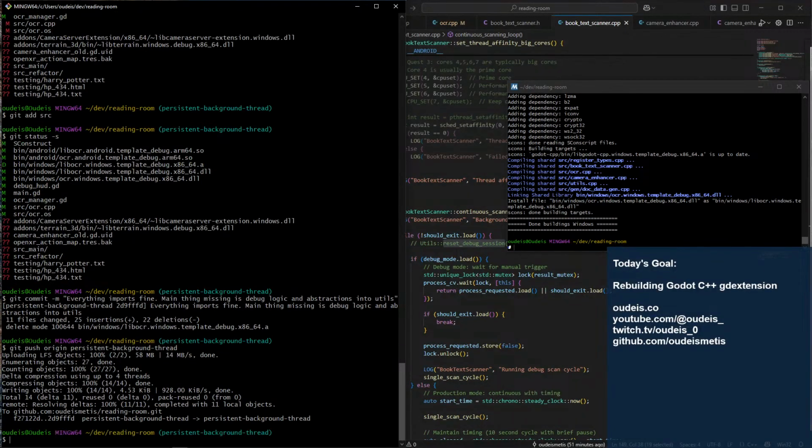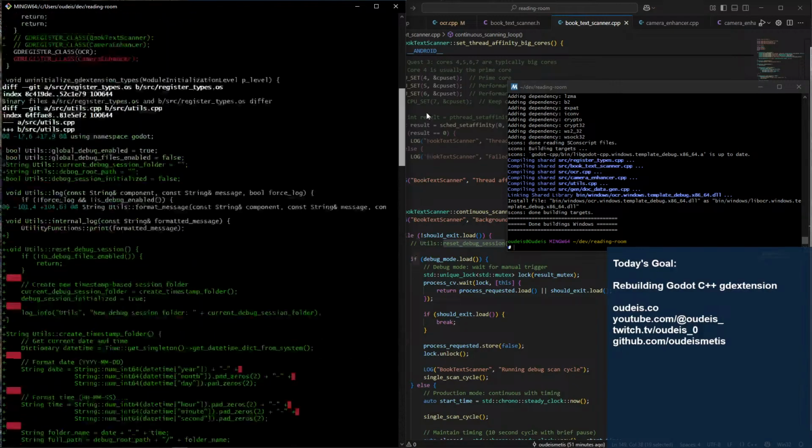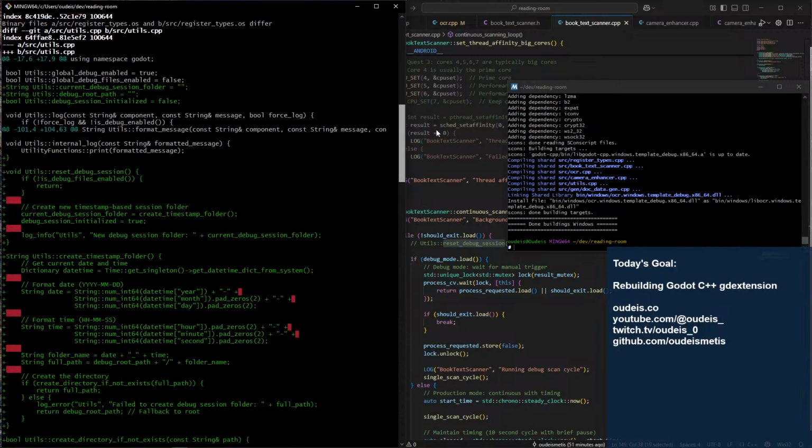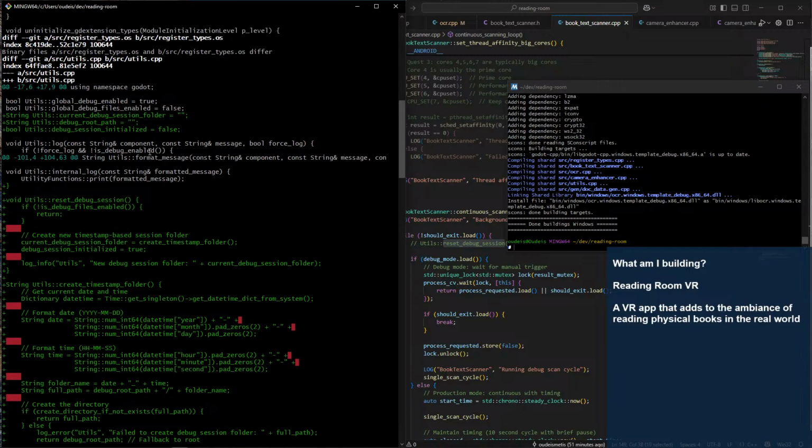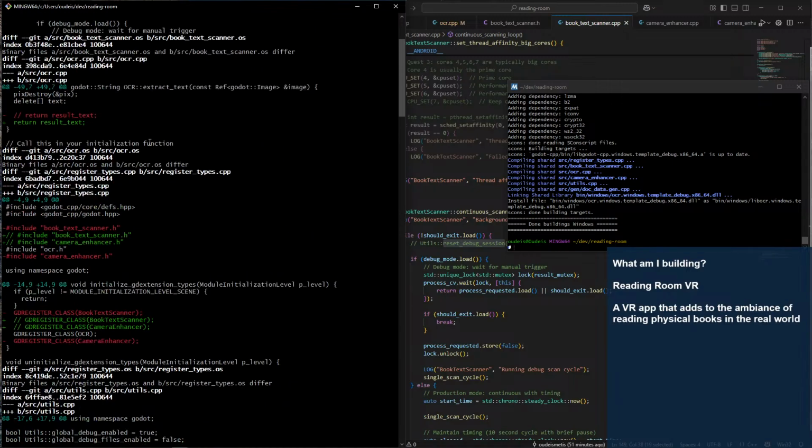So I think I'm going to stop here and grab lunch. And then what I think I might do is start trying to get this debug session to work.